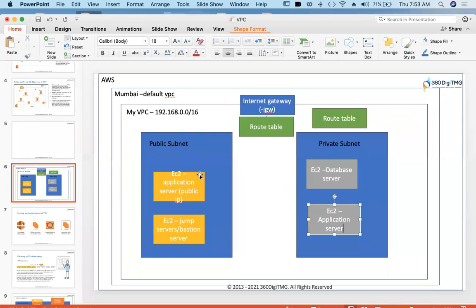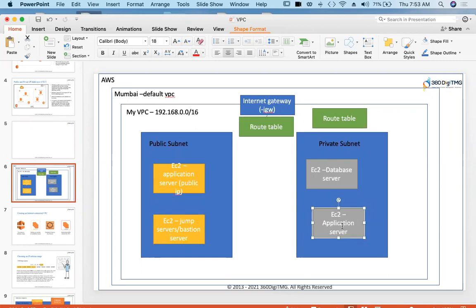So in this use case, traffic coming from the outside internet through this internet gateway will go here. If application server needs database server, it can access it through this private network, and we already discussed this. Application server is in private subnet, and this jump server is in public subnet.